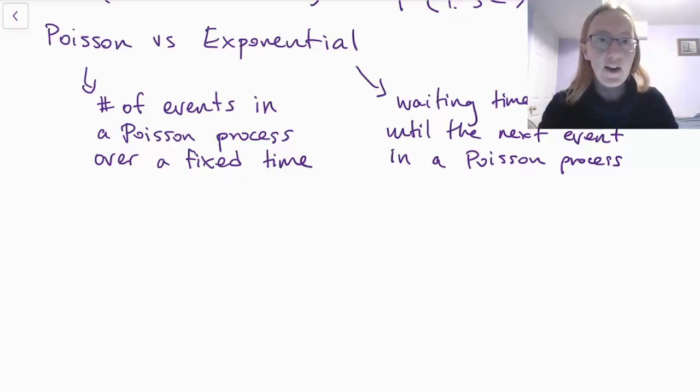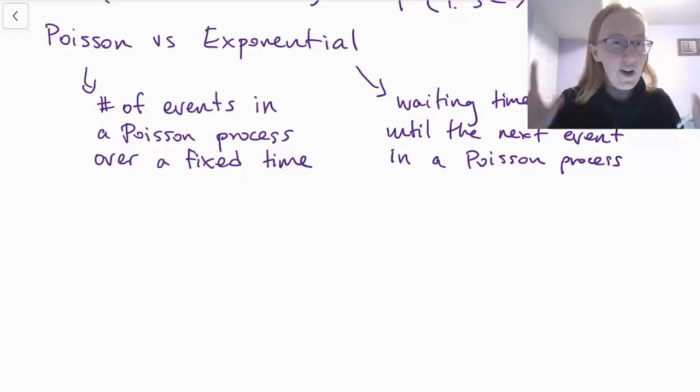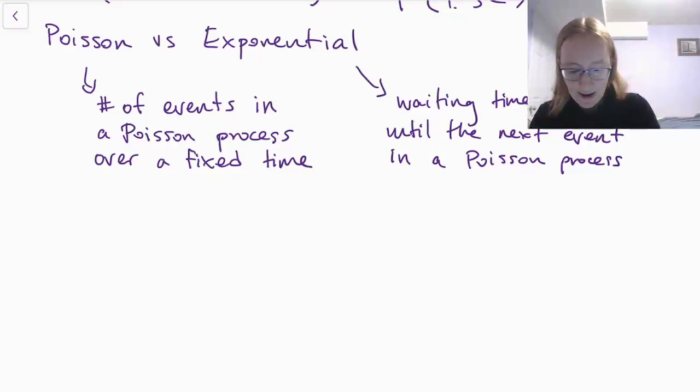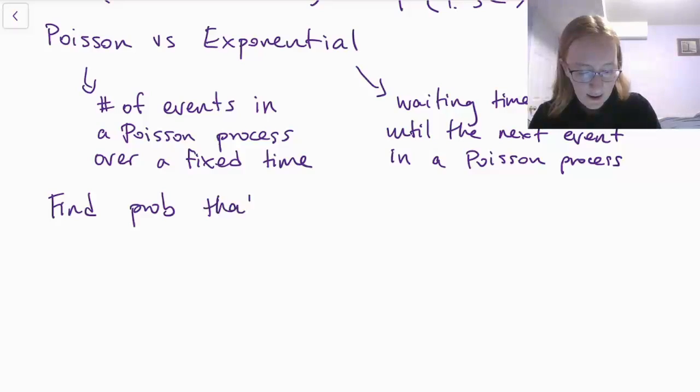If you're looking for how many things happen in this interval, you want a Poisson. But the cool thing is you can often switch between them. And I want to give you an example. Let's say I wanted to find the probability that the waiting time